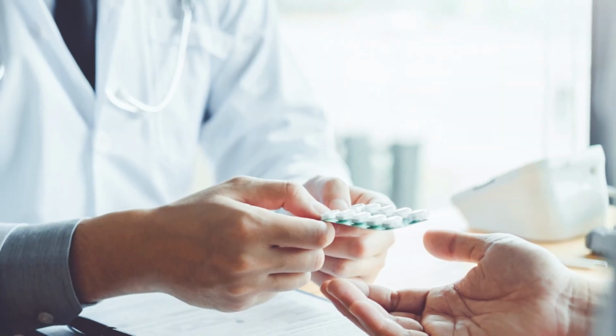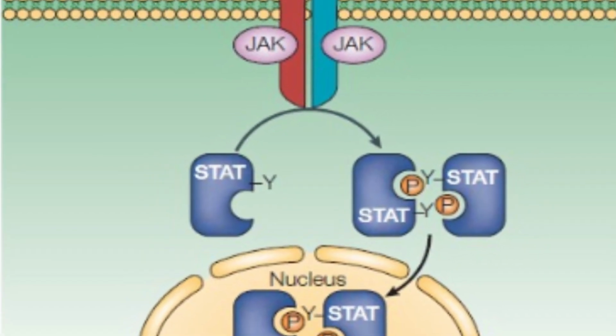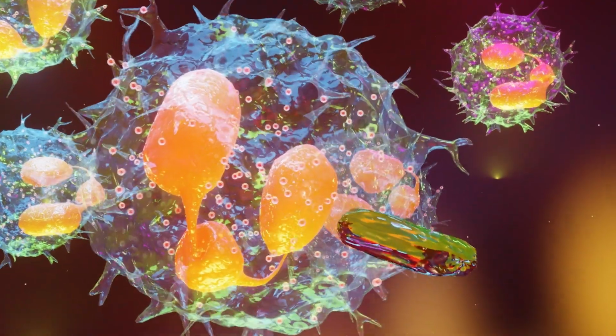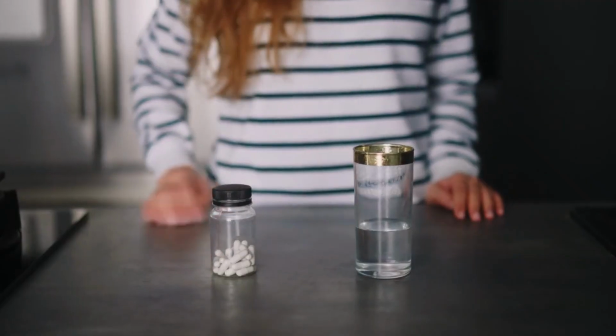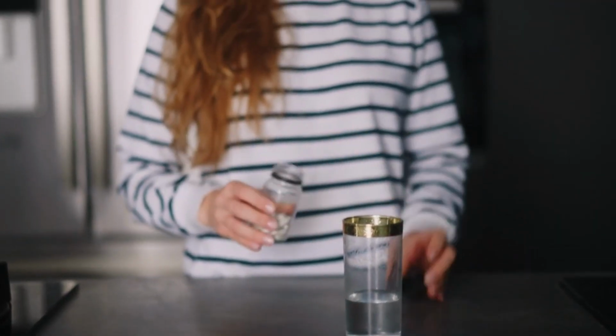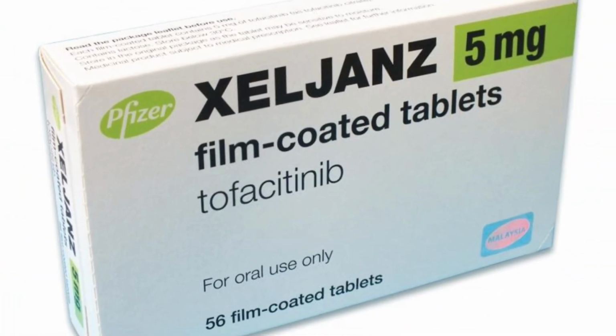JAK inhibitors. JAK inhibitors are a newer class of drugs that target the Janus kinase or JAK enzymes, which play a key role in the immune system. They are often used to treat rheumatoid arthritis and other autoimmune diseases. JAK inhibitors can be taken orally, and some of the most commonly prescribed drugs in the category include Xeljanz, Olumiant,